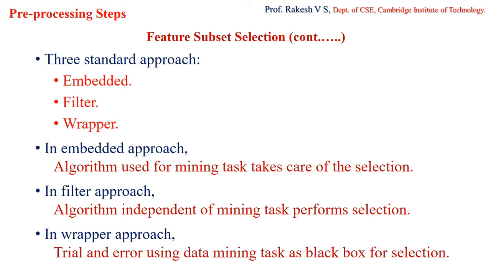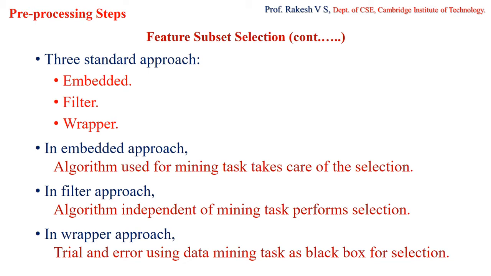Like the earlier approach, in case of your embedded approach, trial and error method is applied using different subsets, but here not all subsets are considered. So in wrapper approach, what we do is we take the actual data mining task as a black box, and then we will be identifying all possible subsets, but we will not consider all the subsets. Only a few of the subsets will be taken. We perform a test analysis using the actual data mining task for a few of the subsets found. So among that, whichever gives us a better result will be taken for the further analysis. So this is the wrapper approach.